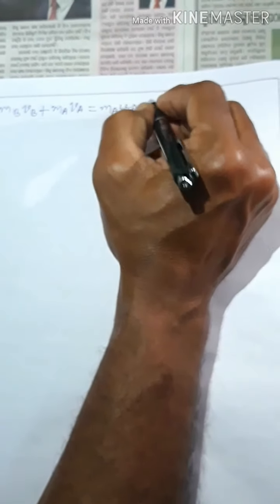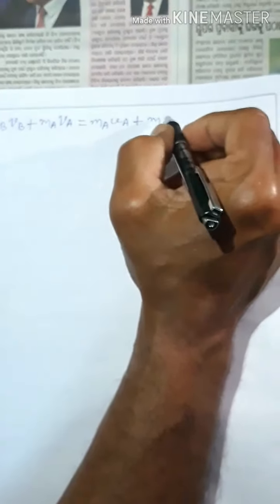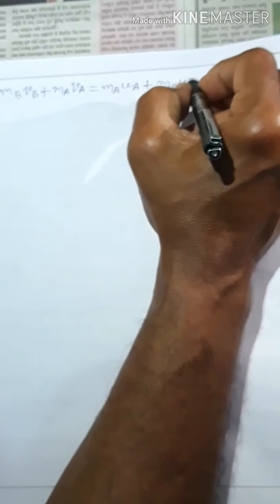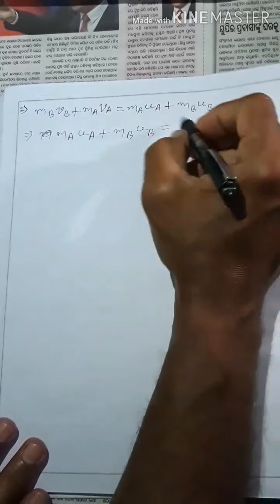So plus MB into UB. Clear? Now we can write here MA UA plus MB UB, that is equal to, arrange this,